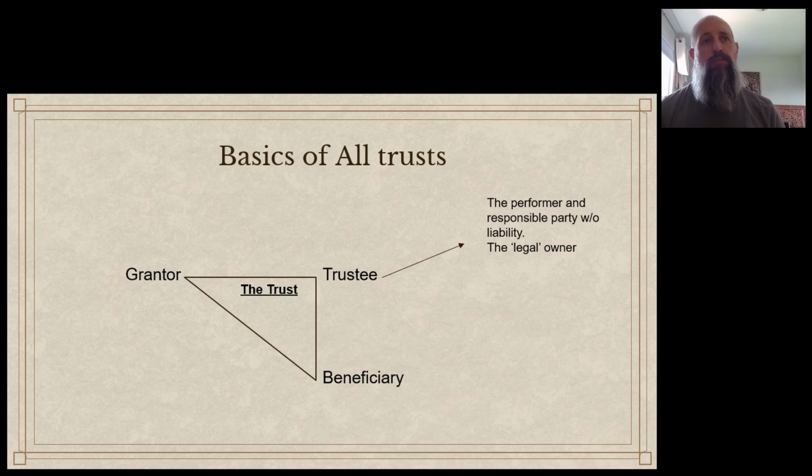The trustee right here is the performer and the responsible party of the trust. They do everything. Everything. They are performing, always performing. They are considered the legal owner. And that's really what legal means, okay? Legal is a corporate term, a commercial thing. And in the legal world, even though somebody else owns the trust, they can be considered the owner because they have the right to perform on it in courts, in business, in all interactions.